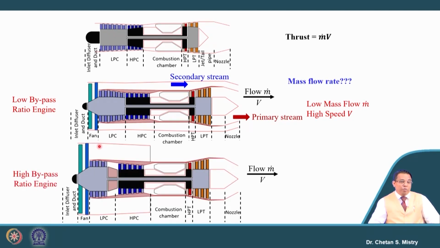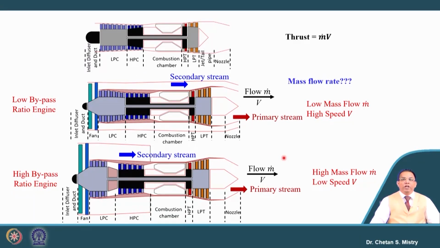Here, we have a bigger size fan. Similarly, we have the core engine, and this will be my secondary stream. The thought process is similar, but here we have a higher mass flow rate and our exhaust velocity will be lower. The thumb rule says almost 70% of the thrust is generated by the bypass duct for this high bypass ratio engine,